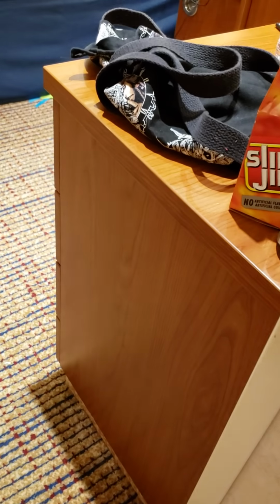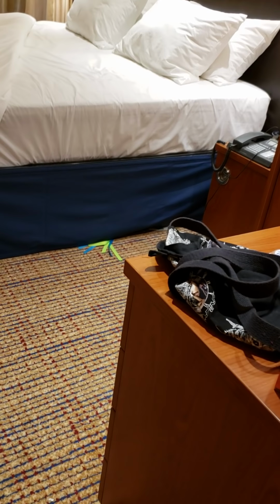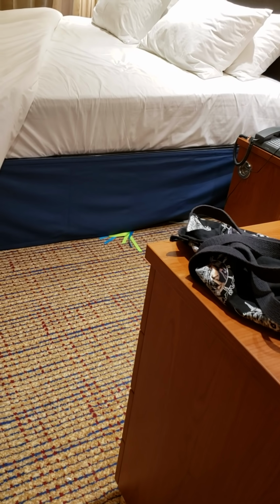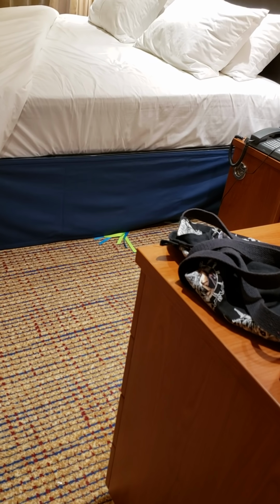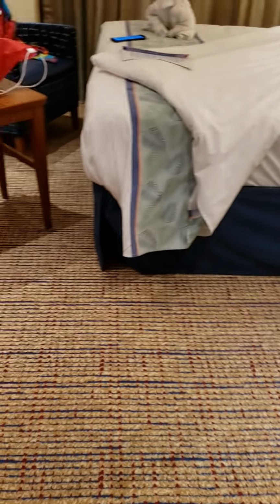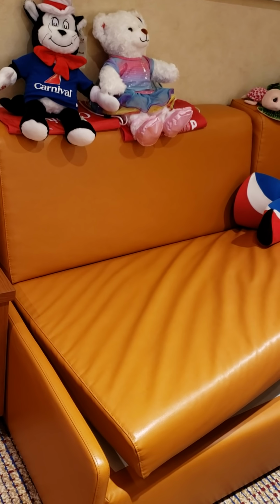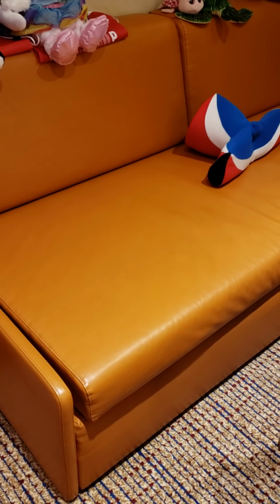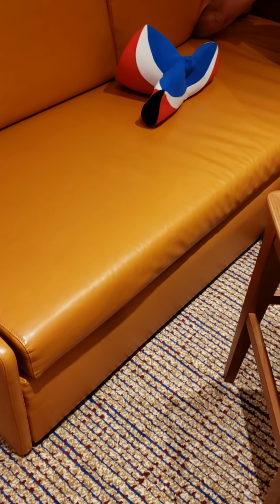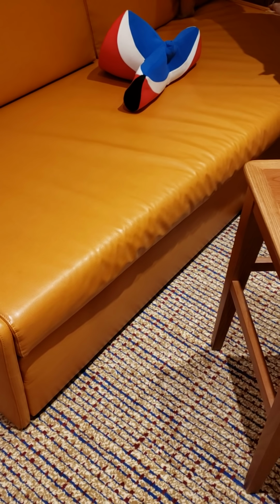Because I don't see the split in the middle, like where they would normally put... Is it? Maybe not. He's checking. Usually the sofas are not this long. Usually the sofas have got the split in the middle underneath, and it's actually 2 drawers down there. So...